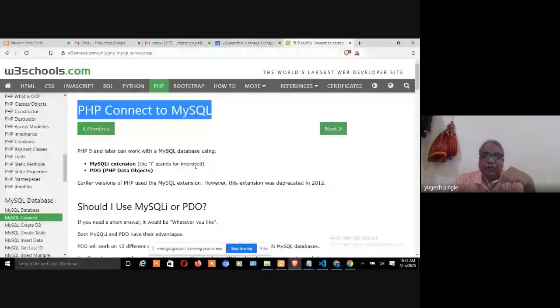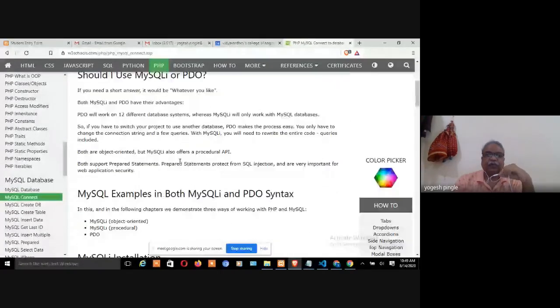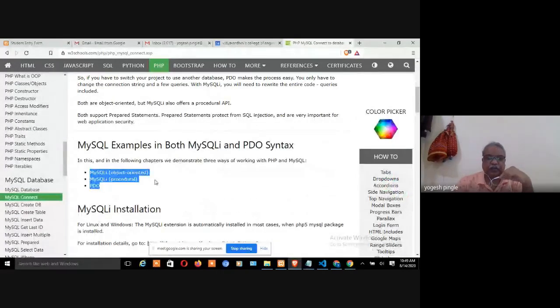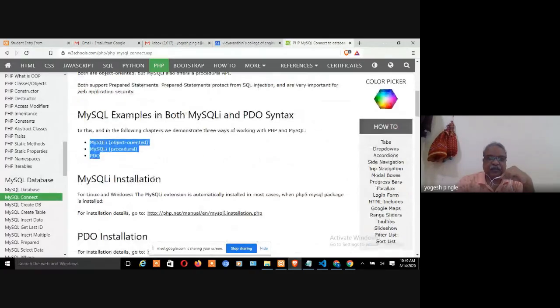There are three ways you can connect to MySQL. The first is MySQLi object oriented, the second is MySQLi procedural, and the third is PDO, which is PHP Data Object. So there are three ways to connect to the backend.